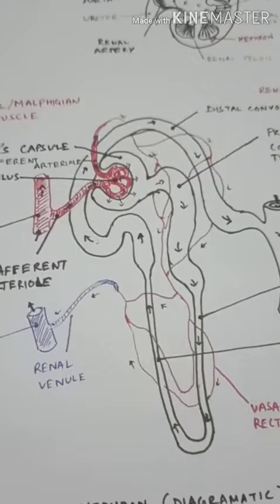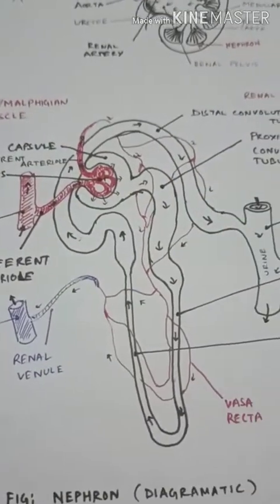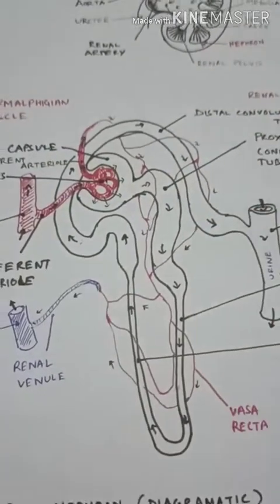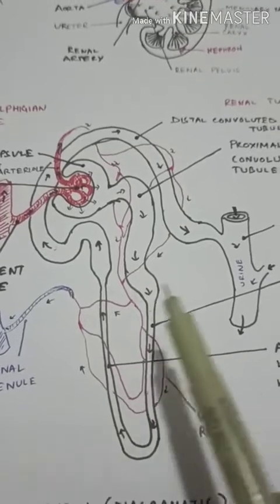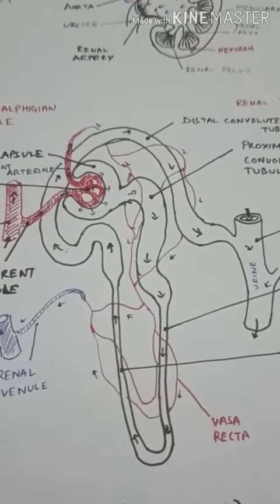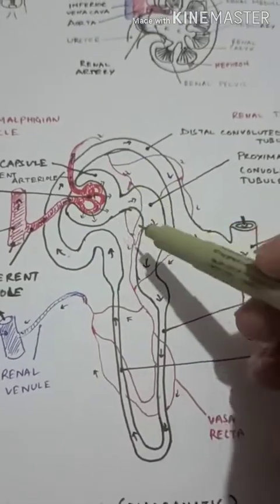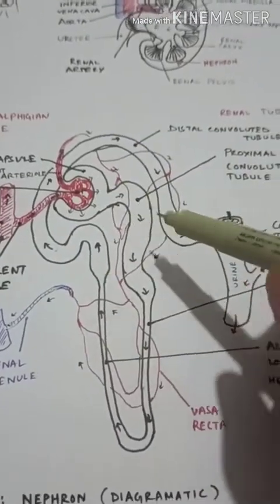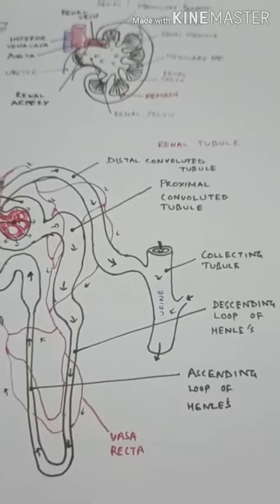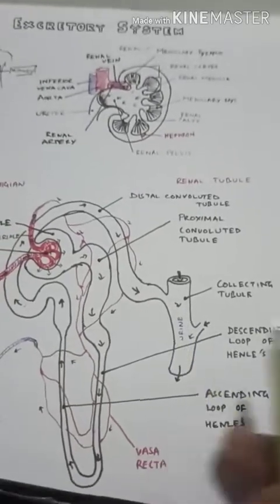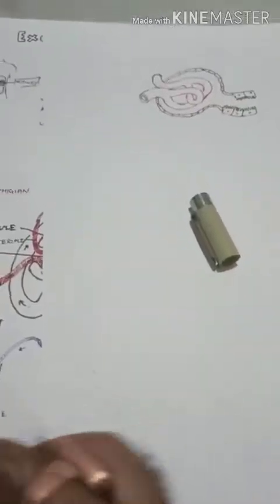So we can say that the entire process in the nephron, the whole filtration process, whatever is going on in the nephron, can be broken down into these two steps: the ultrafiltration here and the reabsorption right here. We will be discussing the ultrafiltration step in detail today, like how it happens.